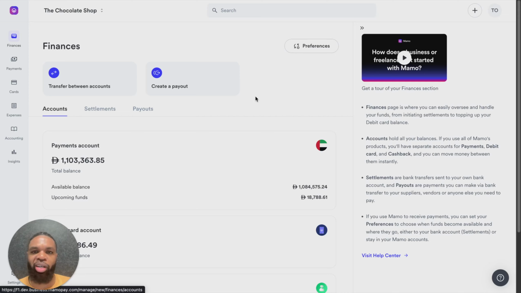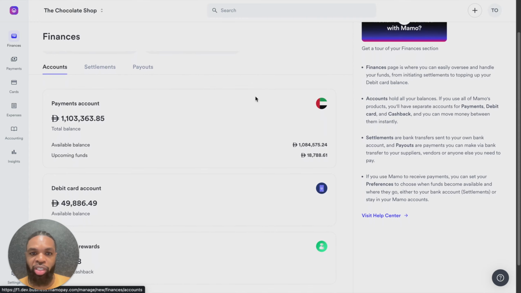Our team has been working hard to improve the overall experience as well as making it as easy as possible for you to use. So I'm going to take you on a brief walkthrough to show you exactly what we've been working on. Starting on the accounts tab, you can see an overview of each and every one of your